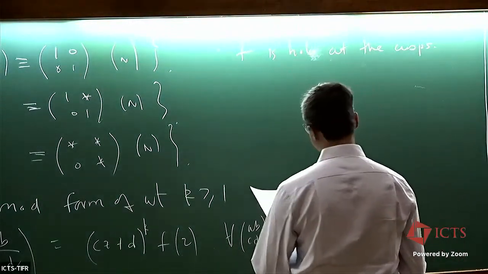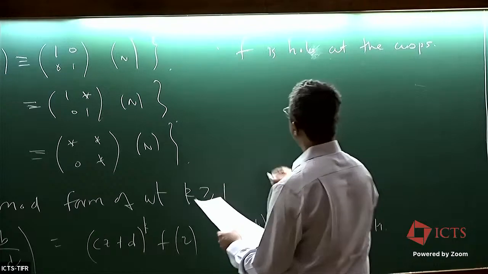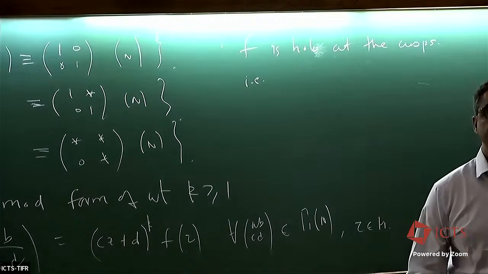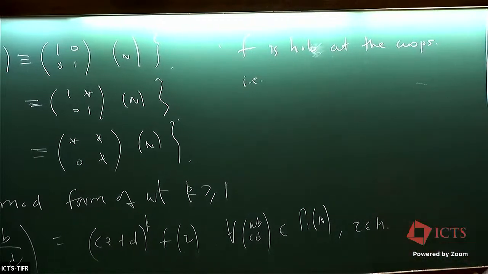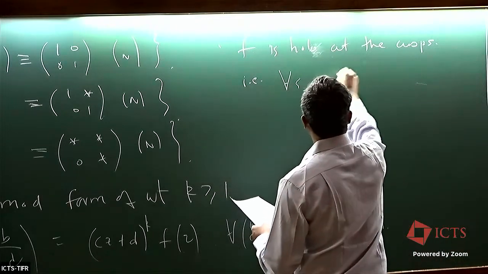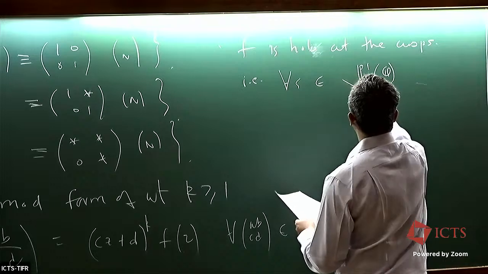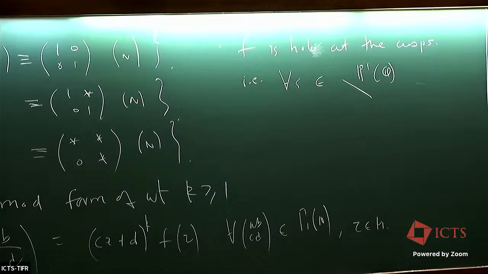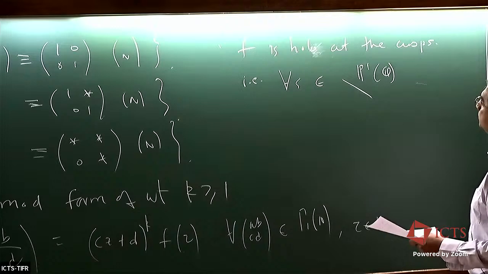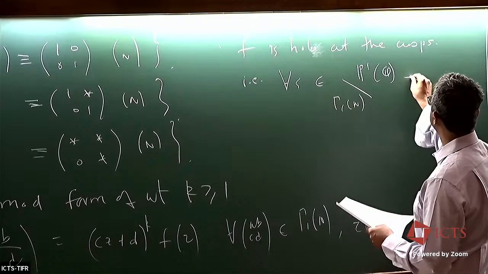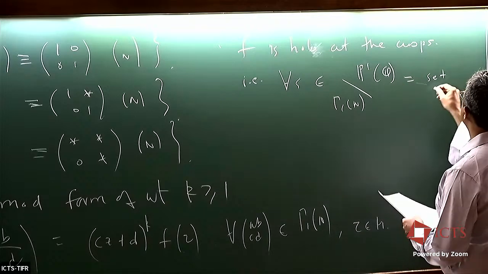So there's no real notion of vanishing at a cusp. You just move everything to infinity and then speak of holomorphicity at infinity. So for all s belonging to, this is a projective line. You can think of that as a colon b, where a and b are rational numbers, both non-zero, equivalence classes of such pairs up to multiplication by non-zero constants. So for all s in this set of cusps,